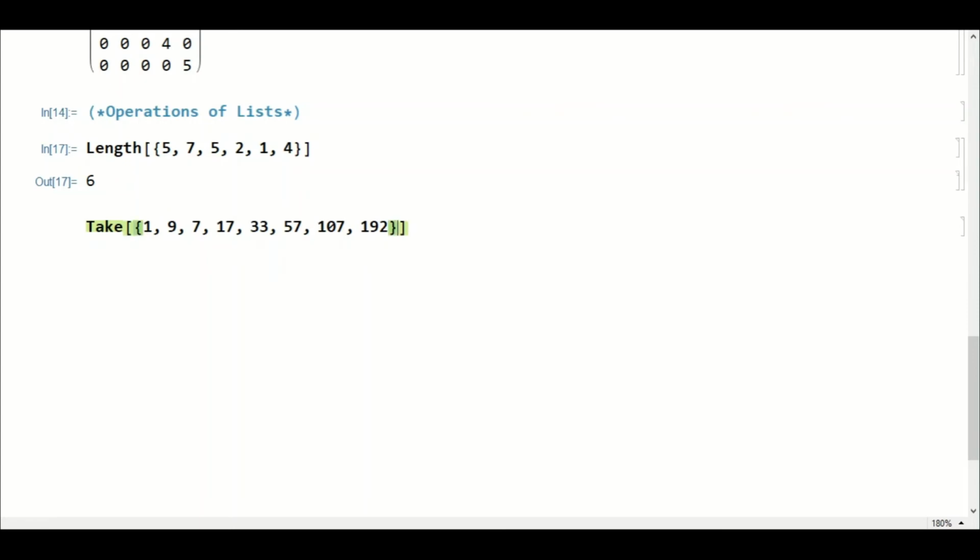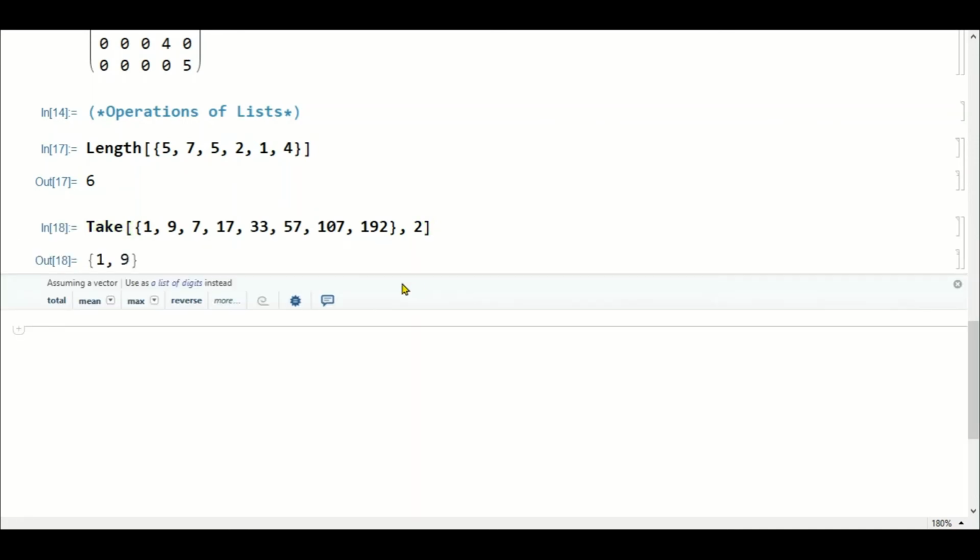In this list I am only interested in the first two elements. Suppose a very long list is created after some evaluation, and you are interested in the first few terms. So I will write the Take function, and comma 2 at the end. You can see that the first two elements are taken.